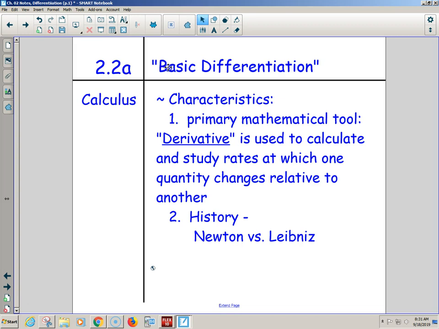So how important is the derivative? Very. Why? Because it's a third of calculus. What are the 3 main topics in calculus? The first thing we learned, limits. Second thing we're learning, derivatives. And what's that weird S thing? Integral. Integrals. That's that whole area thing that's coming next semester.